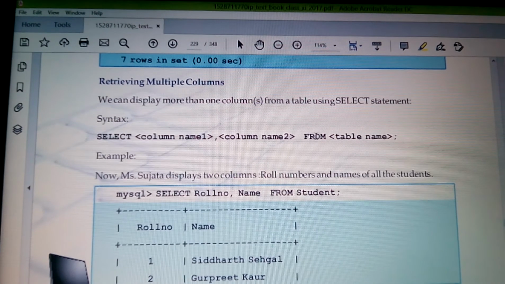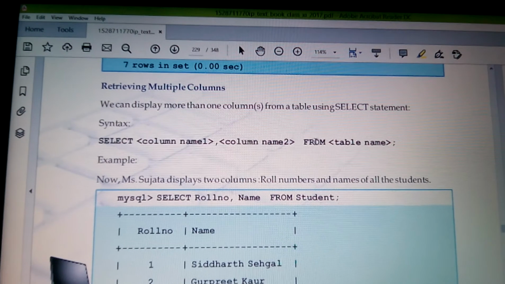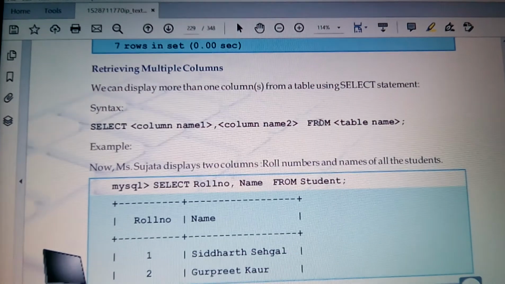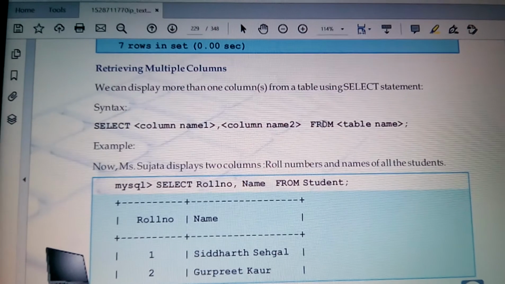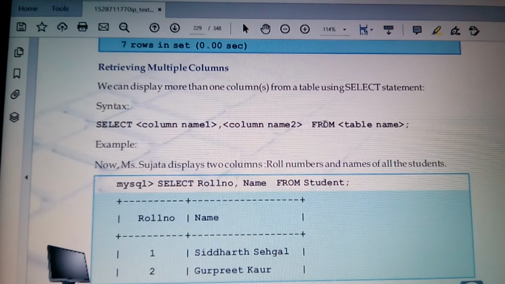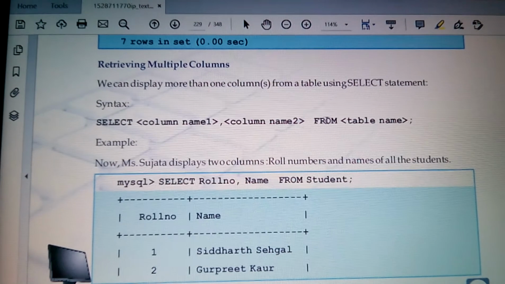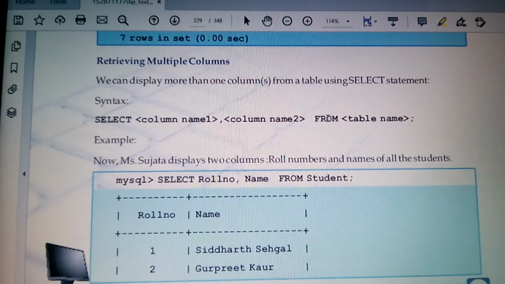As I said, we have a table named student. Just imagine in that student table we have four different columns: roll number, name, gender as well as marks. I want to fetch roll number as well as name from that student table. So I can simply write select roll number comma name from student.